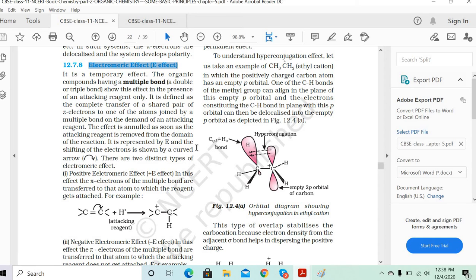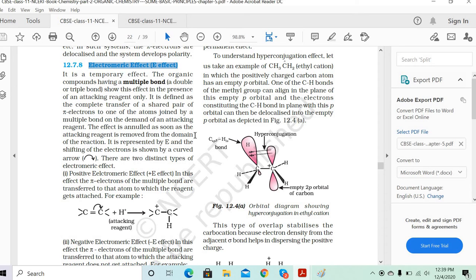Okay, and then the attacking reagent which was there, which is plus H, means it is a protonated ion, an acid which gives you the protonated ions. So this protonated atom will attack the carbon which has more electrons, so that it can form the bond with that carbon atom. Got it? Because since it is H plus ion, it needs one electron to form the bond.